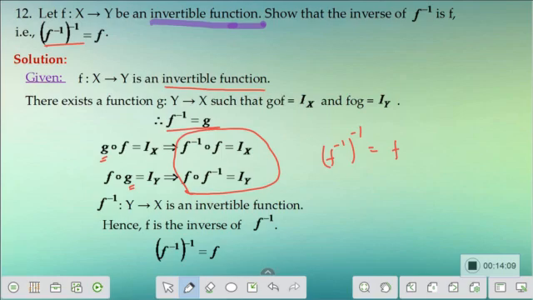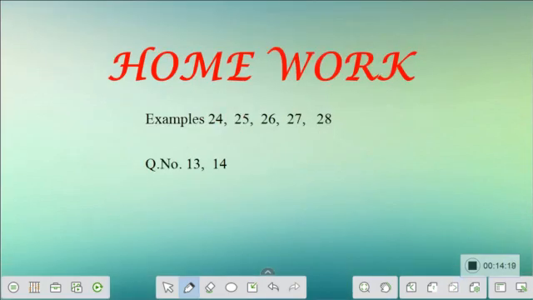So keep practicing your remaining examples so that we will be able to proceed with the next section of this chapter. So practice the remaining problems, and here are the homework problems for you for this day. So finish it off so that when we start the next section, it will be easy for you to have a better understanding and easy for us to proceed further.